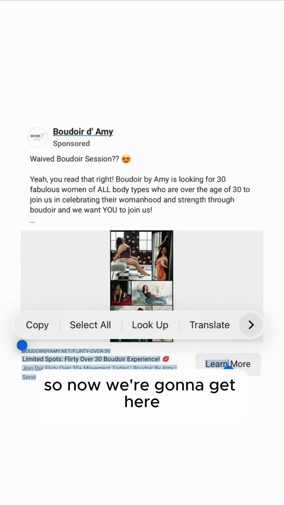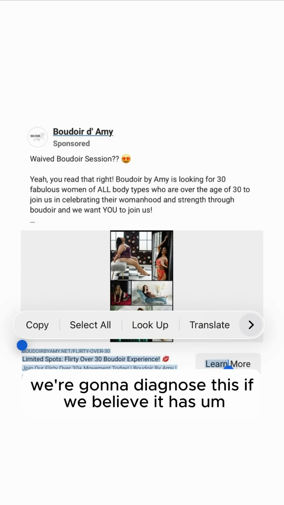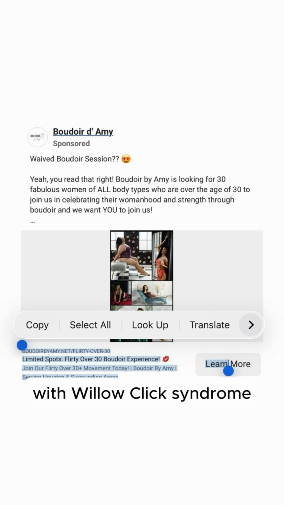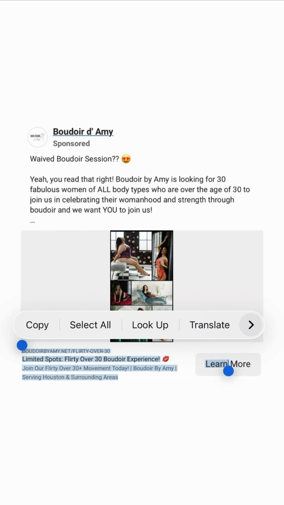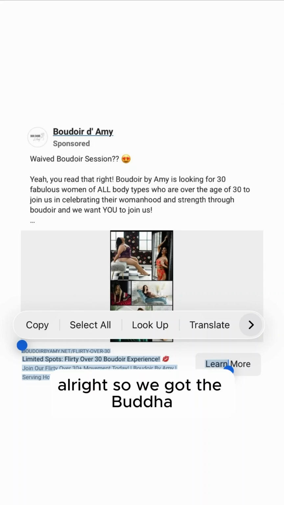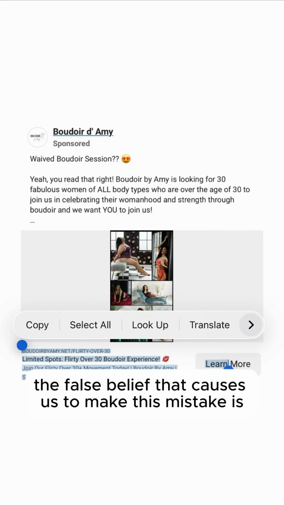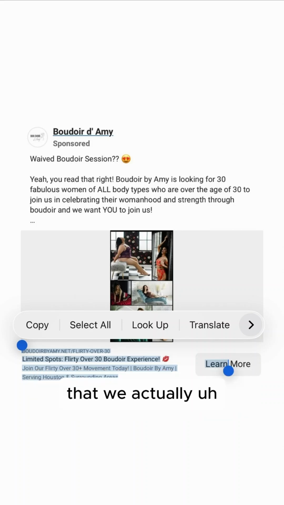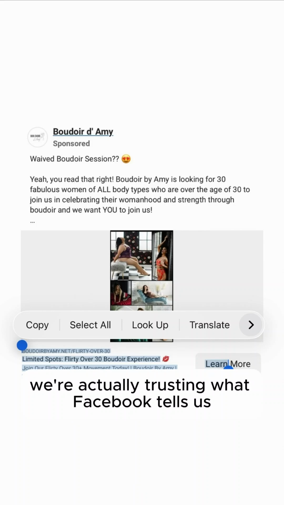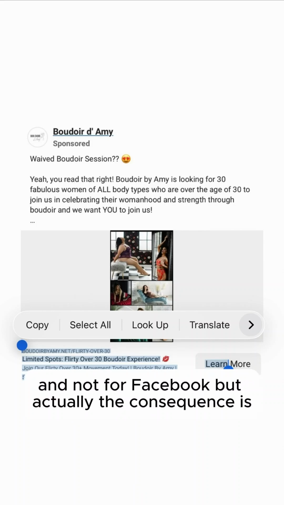So now we're going to diagnose this, see if we believe it has Boudoir low click syndrome. First thing I'm looking at is the Boudoir below creative cluster mistake. The false belief that caused us to make this mistake is that we're trusting that what Facebook tells us to fill out for our ad is best for us and not for Facebook. But actually the consequence is